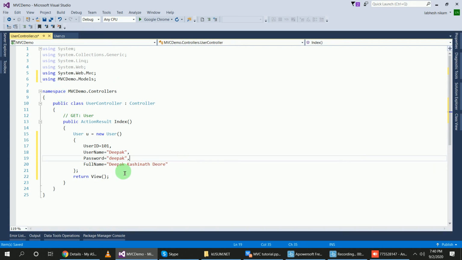So I have written this index method, and inside of this index method I have passed this class data and written the data here.